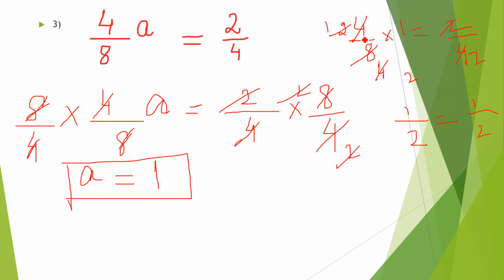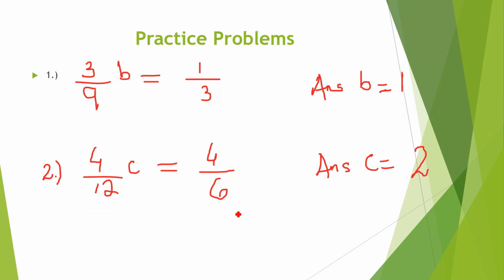But you can check your answer till here. This is also fine and this is also fine. So left hand side is equal to right hand side. You have proved it. And I told you that you can check a linear equation by plugging the variable value in the question. You can find out if left hand side is exactly equal to right hand side. It means your answer is correct.